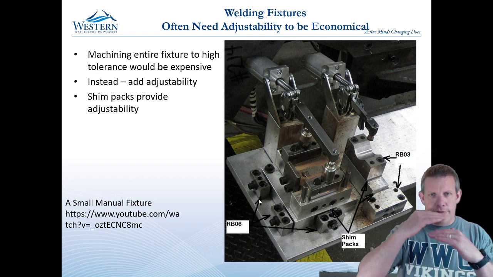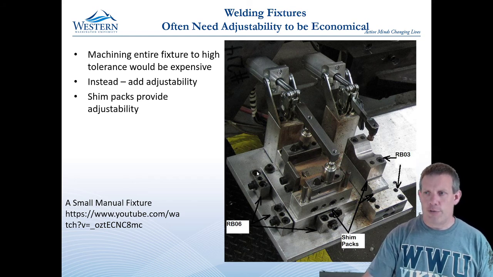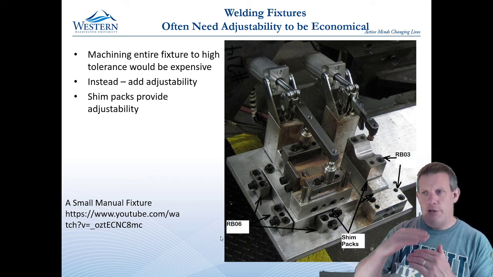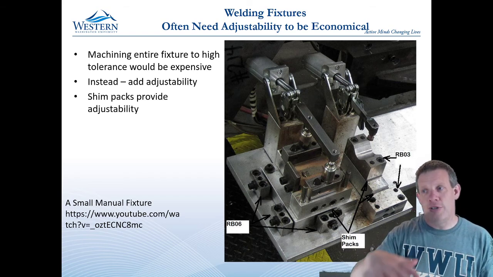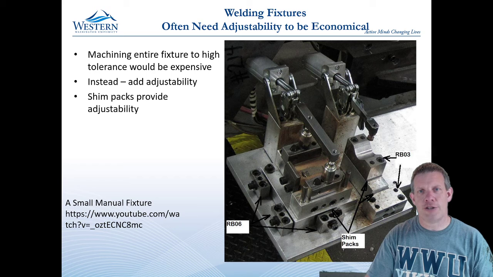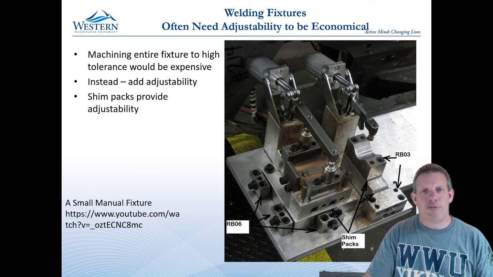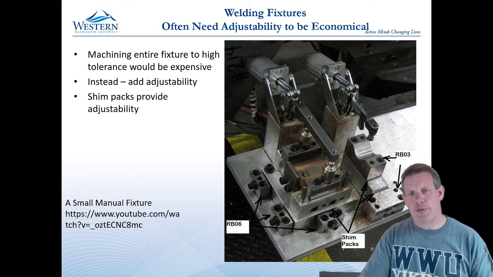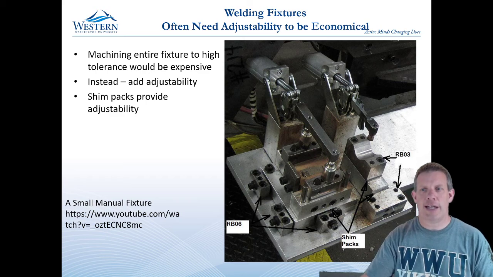have layers of thin pieces of metal that have the holes drilled in them so they won't run away when you bolt this down. But you can put fewer or more of those little thin plates of metal under there to tune exactly the place that you want the fixture to be. That's a really good way to do a fixture like this. Typically a welding fixture doesn't require huge amounts of precision, so this is a way to create it with even lower precision and then to gain that precision just through adjusting it as you build it the first